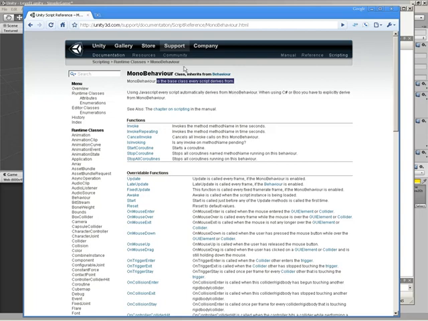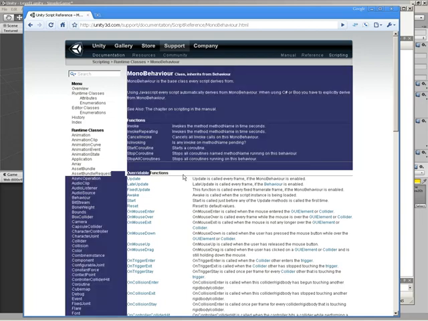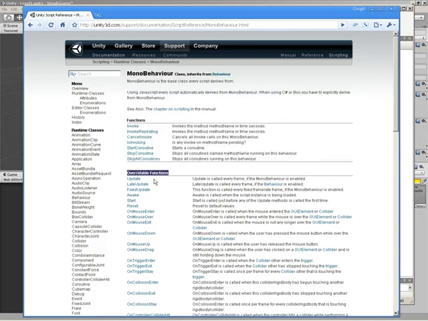So anyways, inside here, let's look down to overridable functions. I guess I've got to select from right to left. There we go. So, functions that I can override. These, once again, are all hooked into Unity, so Unity is going to make sure they get called at the appropriate time. There we go, Update. So Update has now been checked off the list. It's no longer magical. Update is called every frame, just like it said back in the comments,